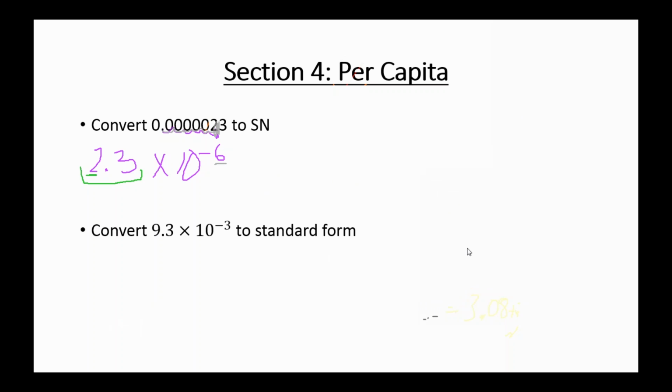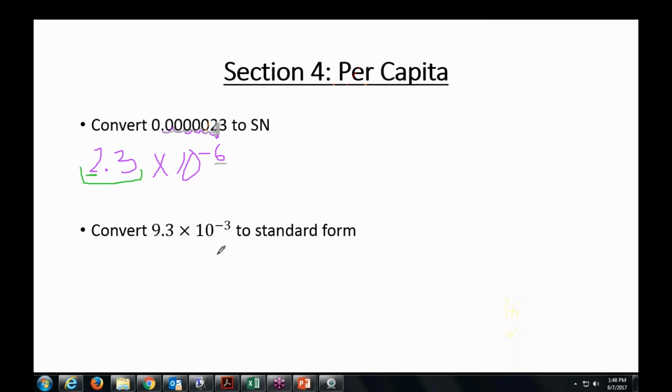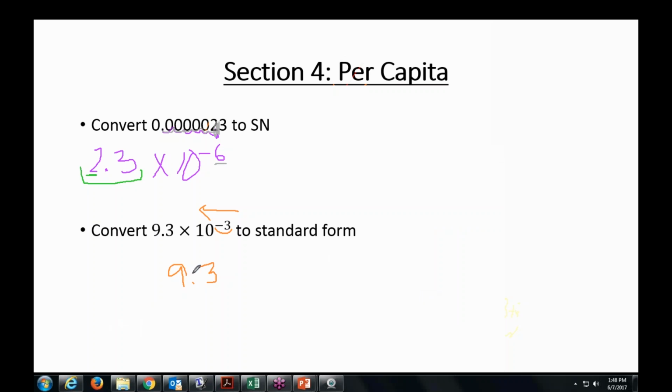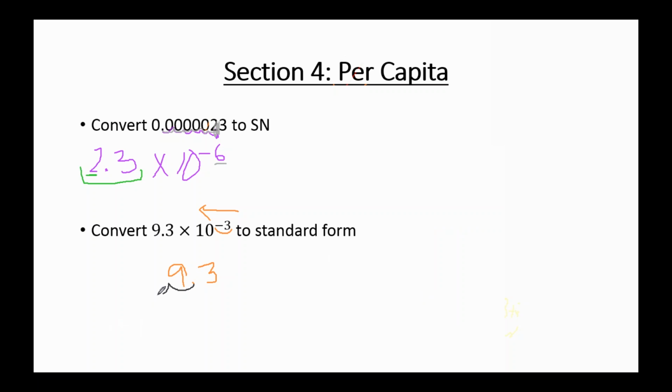All right. In the second one, our exponent is -3. The negative tells us our number needs to get smaller, which means we're going to move our decimal to the left because that will make it smaller, and we're going to move it 3 places. So right now I have a number of 9.3, and I'm going to move that to the left, as we just said, 3 places, 1, 2, 3. So now this is where my new decimal point lies. Left 3 places. I've got 2 empty humps, so that's where my zeros go.